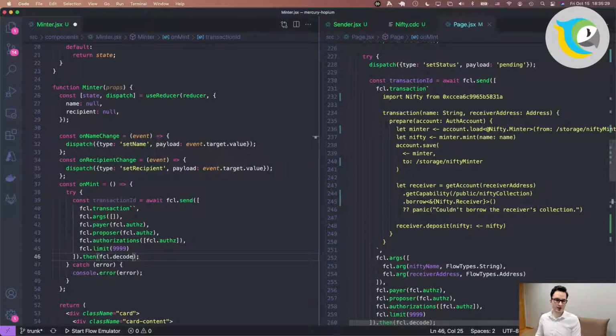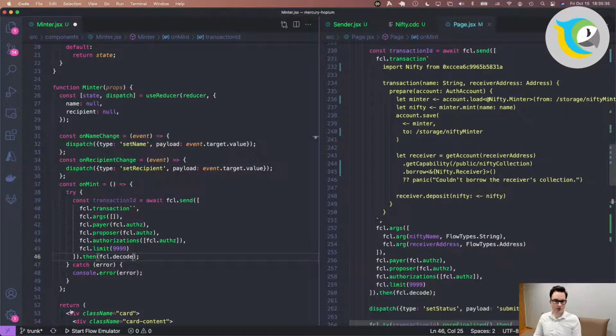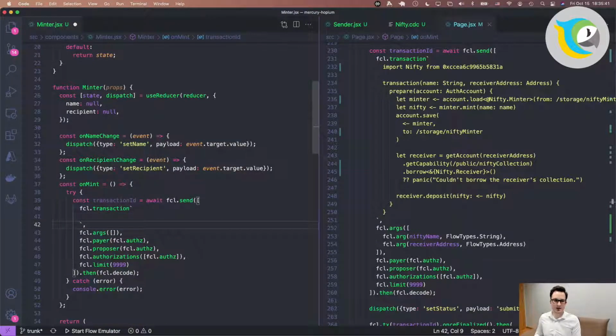And this is a nice helper to map it back to JavaScript. Okay. So at that point, we're sort of good. We have a transaction ID, but we don't have anything in our transaction body. Well, that's something that we're going to do right now.